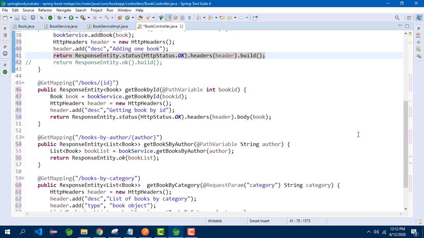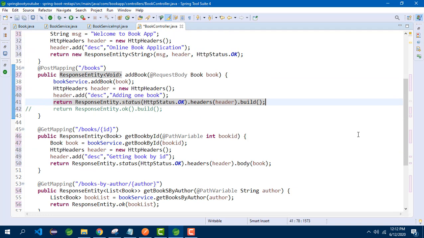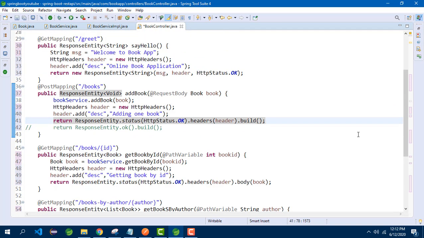So we have completed adding response entity as the return type for all the REST APIs. Now let us have a quick review. What we have done is, we are trying to return a response entity object. This response entity is a representation of the HTTP response. It has headers, body content and status code. Based on your requirement, you can call the appropriate methods.